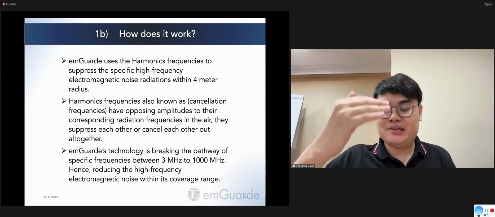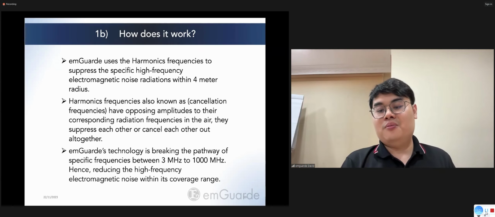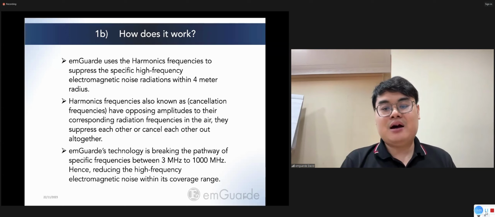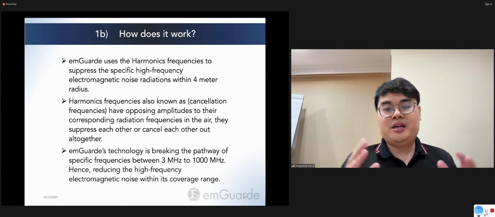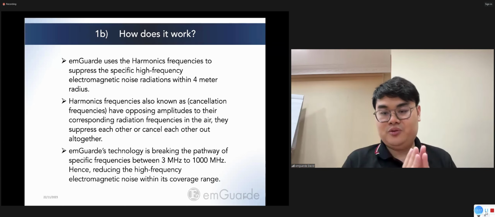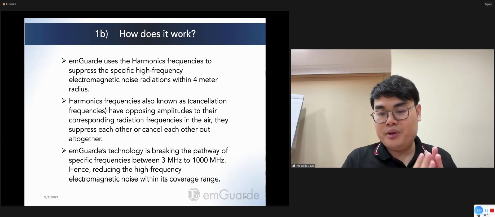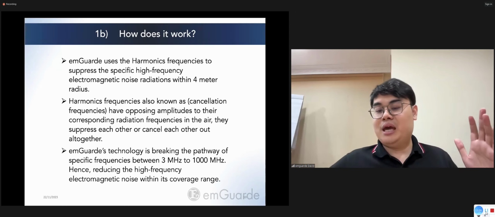So we actually put it nicely, and we got approval from the developer, and this is good to go. This is how they wish the distributors to explain to the people. So the first point is, emGuarde uses the harmonics frequencies to suppress the specific high frequency electromagnetic noise radiation within a 4-meter radius. Okay, so this is the emGuarde's effective range, which is a 4-meter radius away from the emGuarde